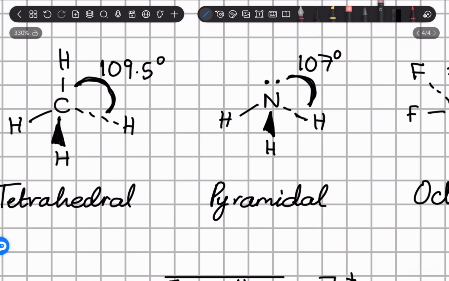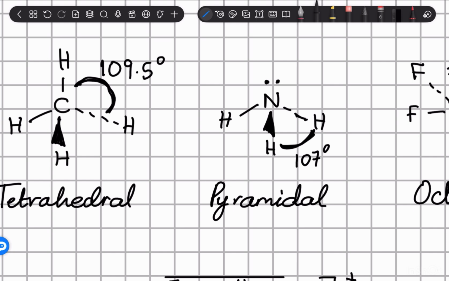Now, why it forms a different bond angle is because of the lone pair. And we know that lone pair, bond pair repulsion is stronger than bond pair, bond pair. So this lone pair sort of pushes those hydrogens together, and that reduces their bond angle. I'm sorry for this. This bond angle is supposed to be between these two hydrogens. So that's 107 degrees, lesser than the 109.5 because the lone pair pushes those hydrogens together due to the repulsion